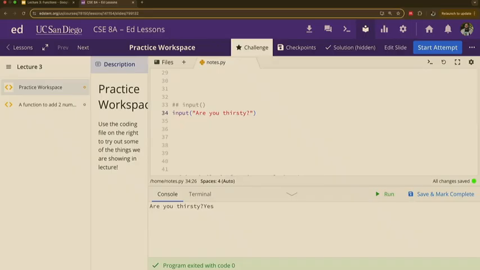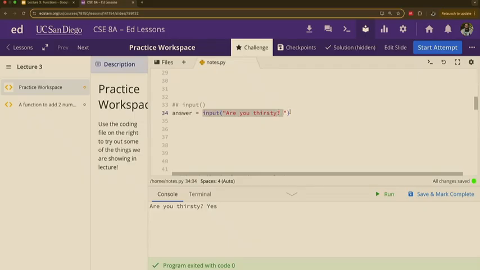But as we saw before, with input, usually you want to store that information for something else. Let's call this answer. Let's put a little space right there to make it look nice. Are you thirsty? Yes, I am. Right? So now, this input function did what it had to do. And I stored whatever I had, I grabbed something, and I put it somewhere else.